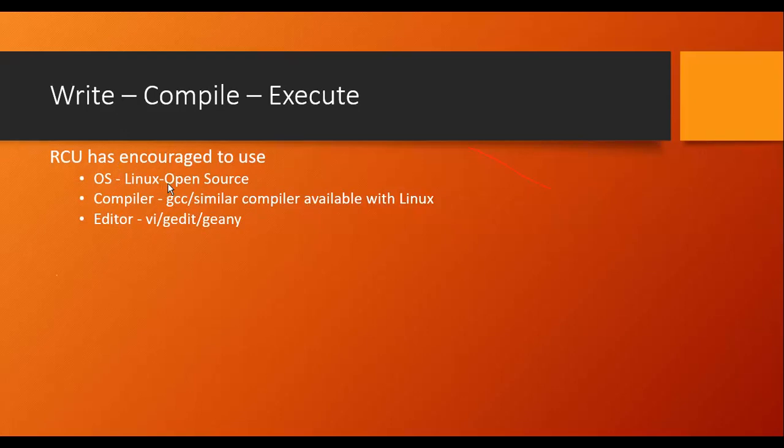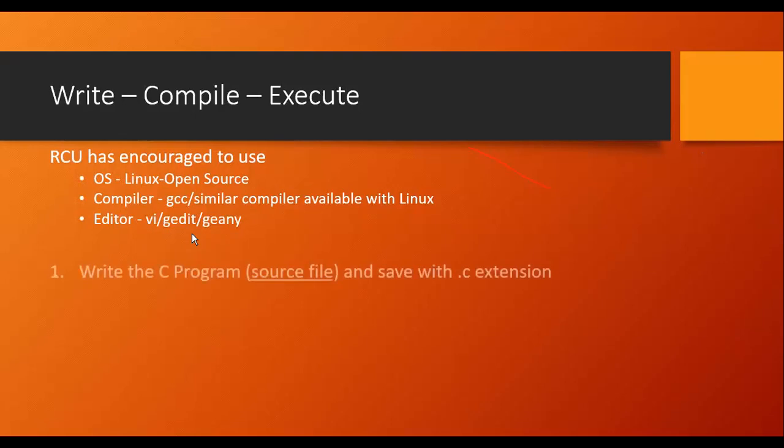In the next class I will explore all these three things and explain them with a practical. As of now, just try to remember these things. These are prescribed by the university. I am explaining this because in our lab, when you come to the college once the offline classes begin, the computers in our lab will have these things in order to execute the programs. The operating system that we will use is Linux, the compiler we use is GCC, and for the editor, sometimes we use gedit or geany. Even we can use vi as well. No problem in that.